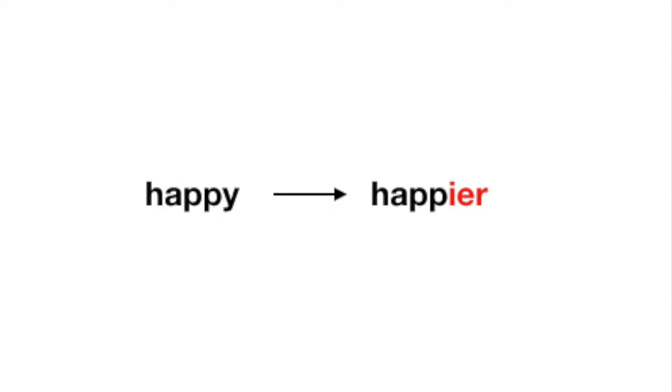Okay, so now there is the last exception. For example, happy. What about happy? Because it ends with the letter Y. So what do we do with happy? Okay, Sarah, do you want to try? Yes, that's right. So we add I-E-R, all right, and the Y disappears. So happier. Okay, before going on with our practice, I want you to learn how to create comparative sentences